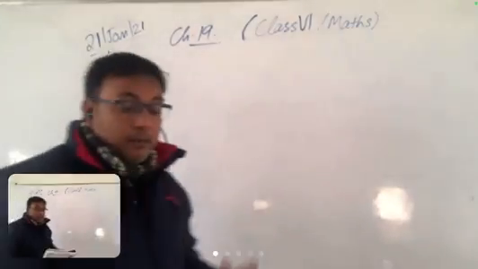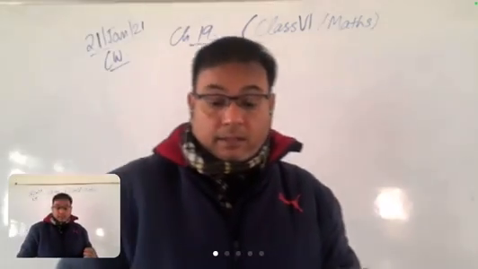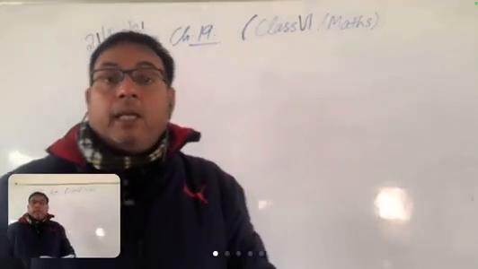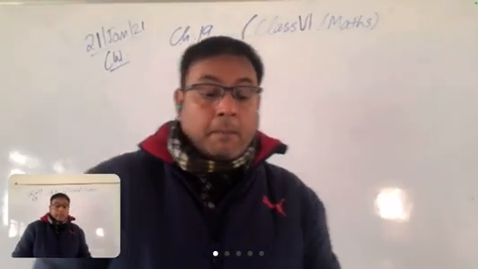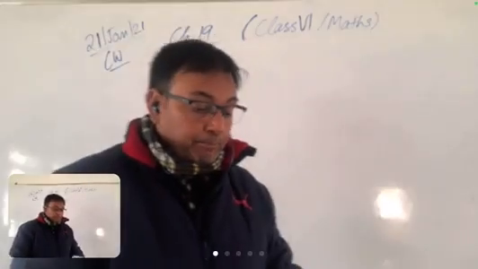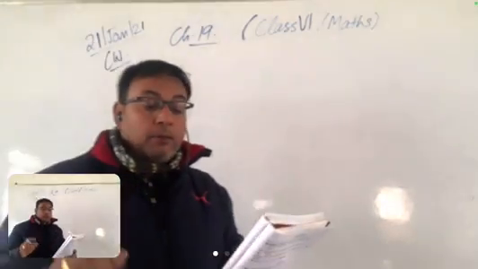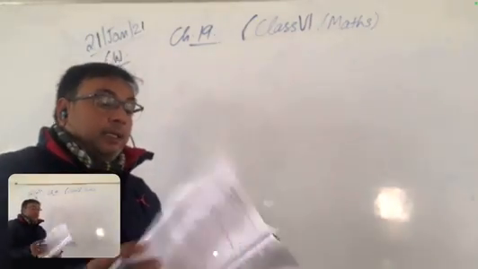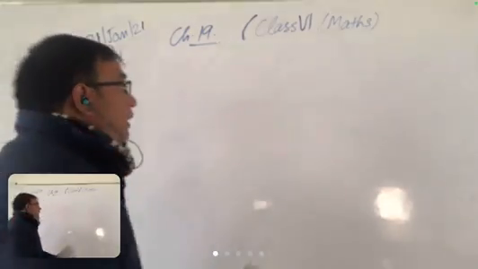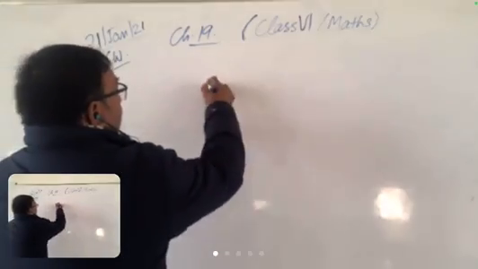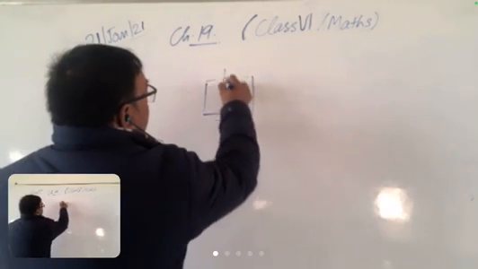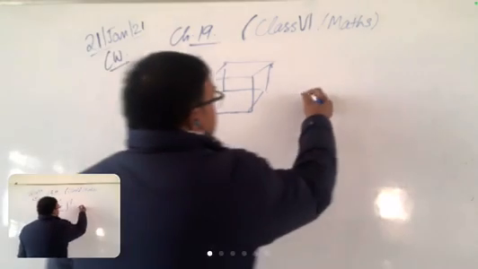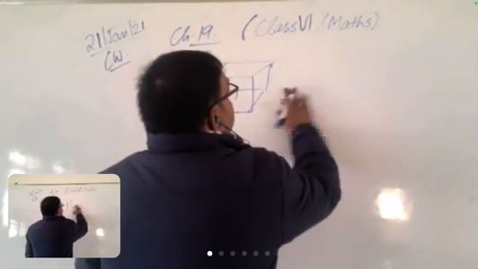Now is everyone clear with the number of vertices, number of faces, and number of edges in three-dimensional shapes? So now I want to discuss two or three 3D shapes. Now I think cube, cuboid, cylinder. Now see cube. Yesterday I told you about cuboid. Now cube. Cube is the same as cuboid, but